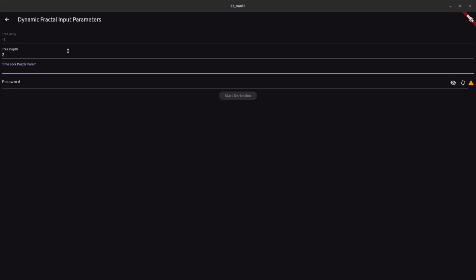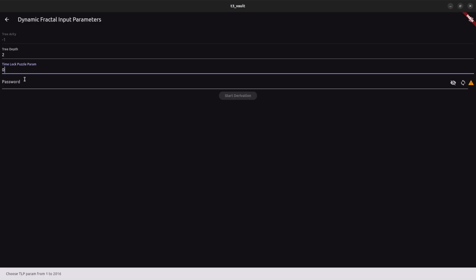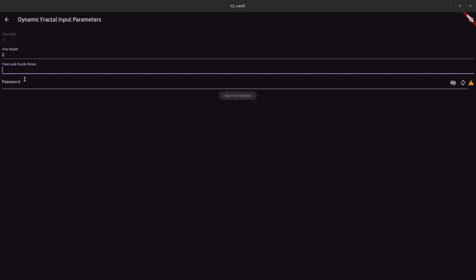log puzzle parameter. So this defines how long your derivation process will take. So the higher the value, the more time your derivation process will take. So for our demonstration purposes, I'll be entering 0, but in a real scenario, you'll be entering any value between 1 and 2016. So I'll enter 1, and then finally we need to enter the third parameter, which is